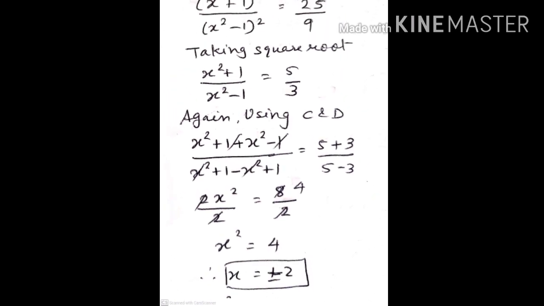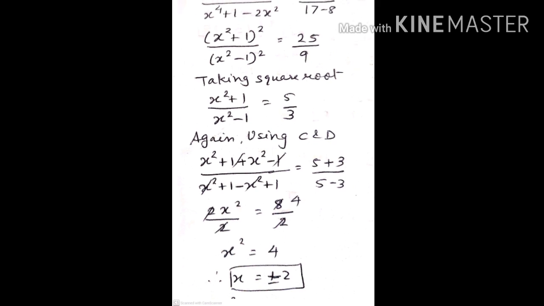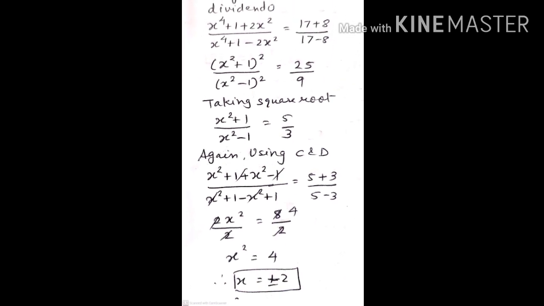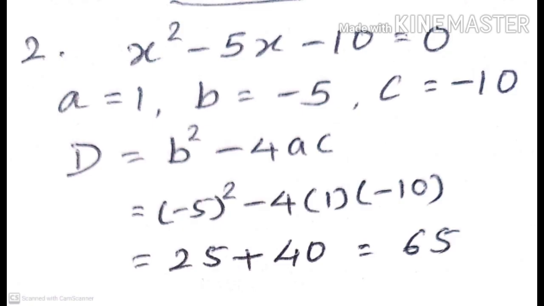Now question number 7, second part is solve the following equation and calculate the answer correct to 2 decimal places, means quadratic equation chapter question. So in this type of question, first of all we have to take a, b, c and then we find the discriminant. Discriminant means D is b square minus 4ac, and then we find our D value. We apply this D value in our formula for the x. Our formula for the x is minus b plus or minus under root D by 2a.